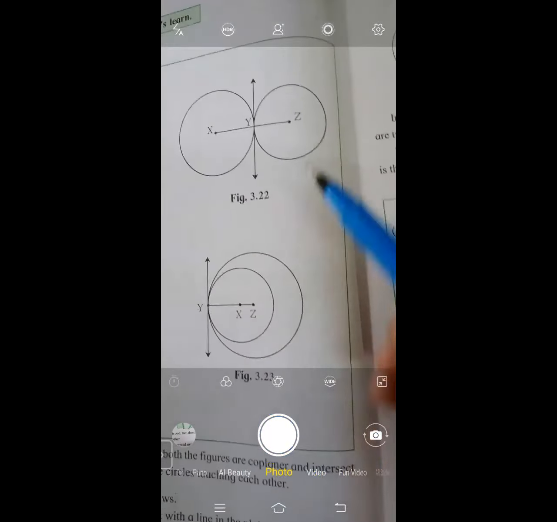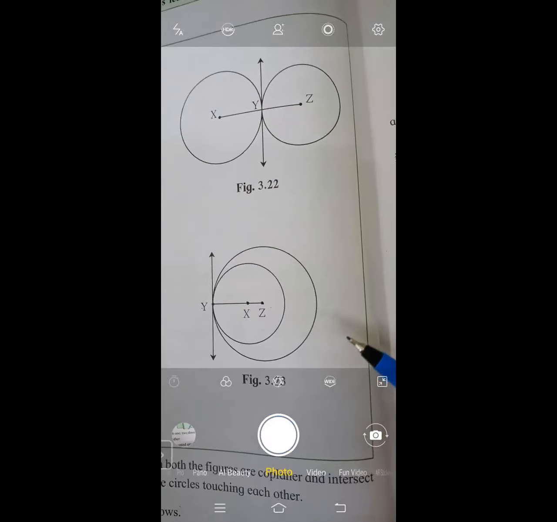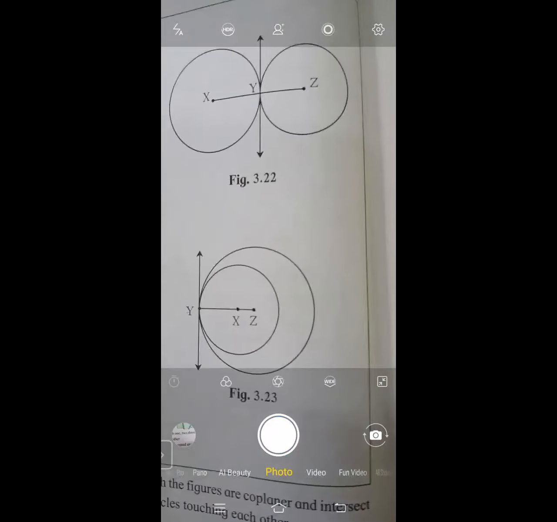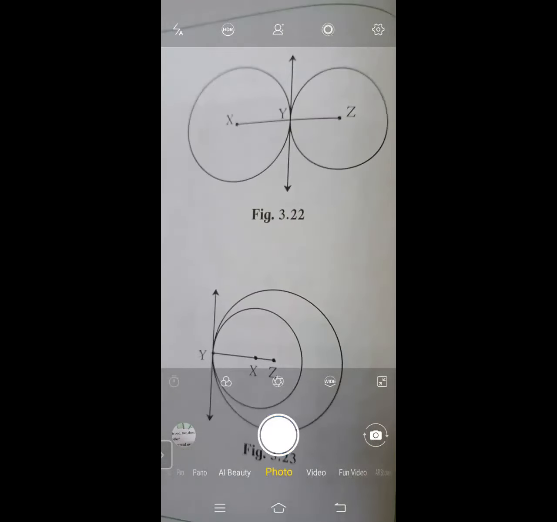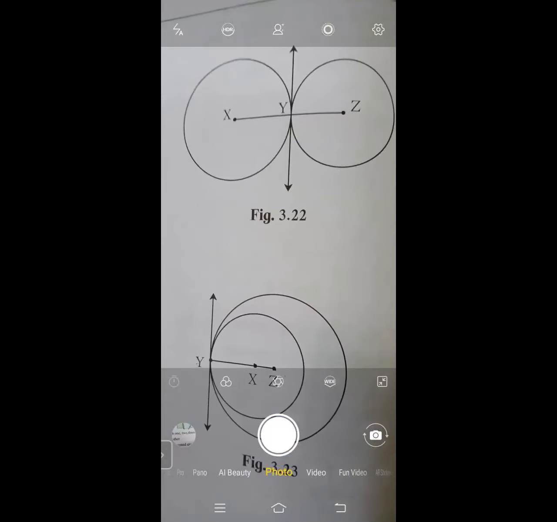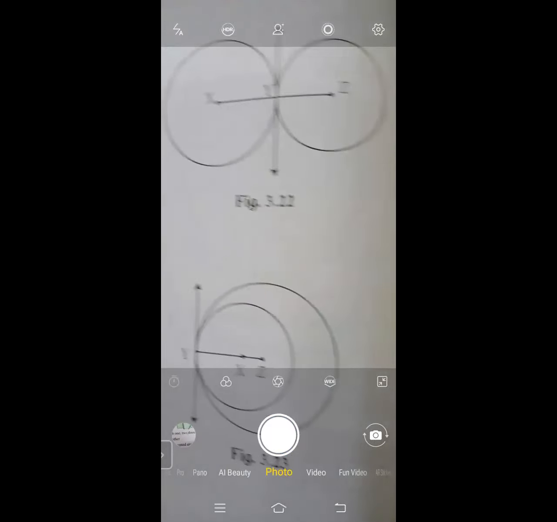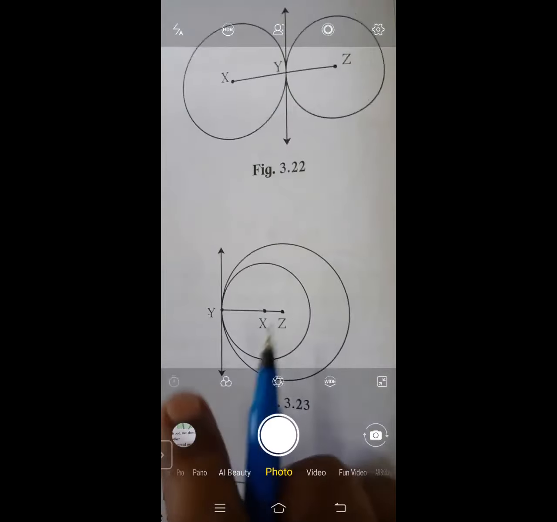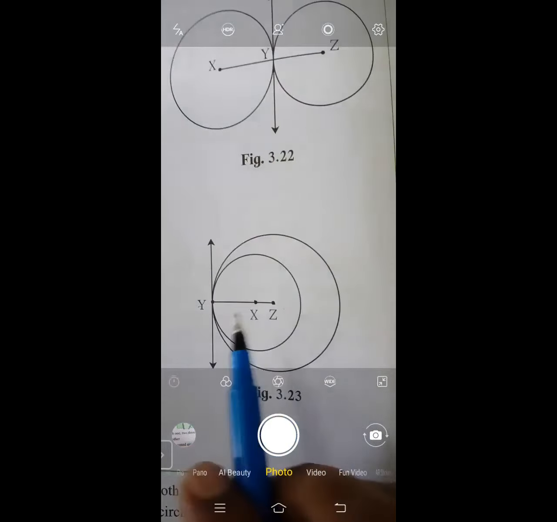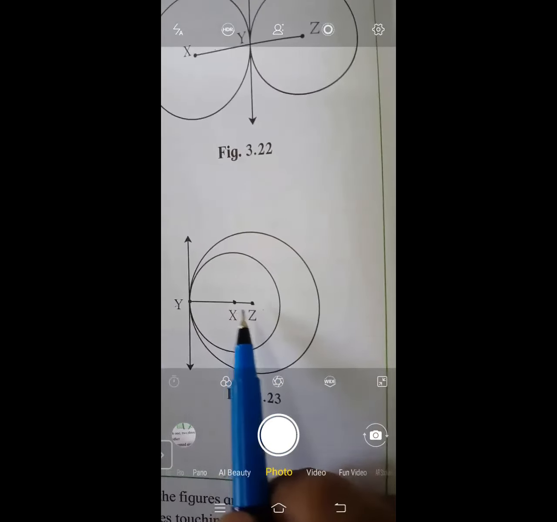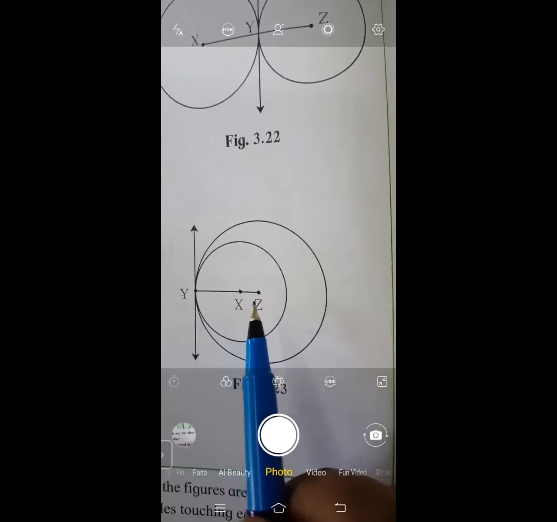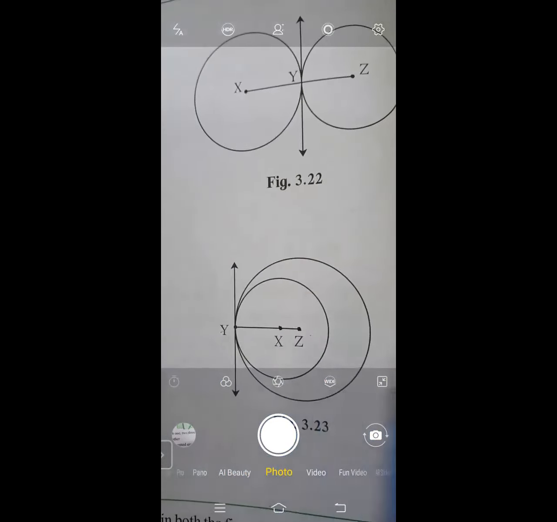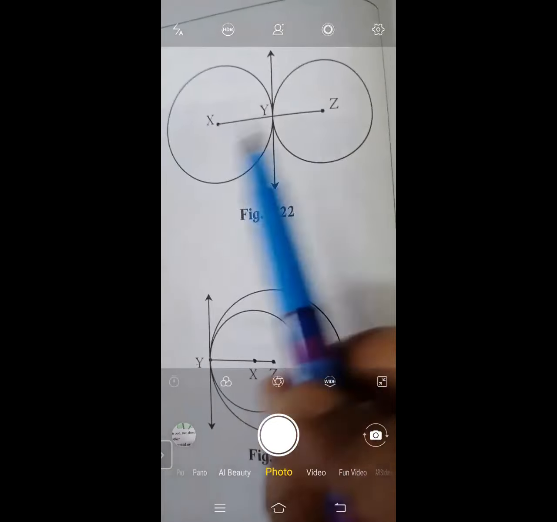So you can see these two types of touching circles. Now, why are these two types important? What questions are we going to solve based on this? We are going to find the radius of these circles, the distance between the two radii. Another question is to find this xz distance. We are going to see the theorem of touching circles, which will explain how to find distances of these radii.